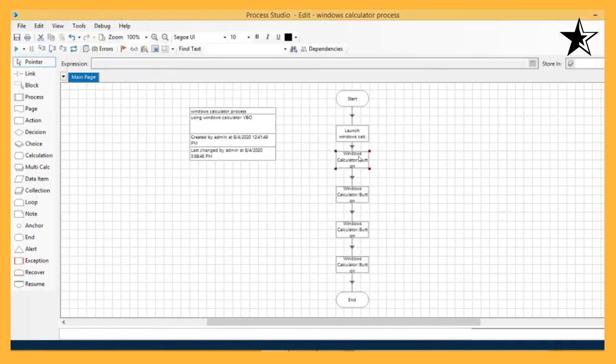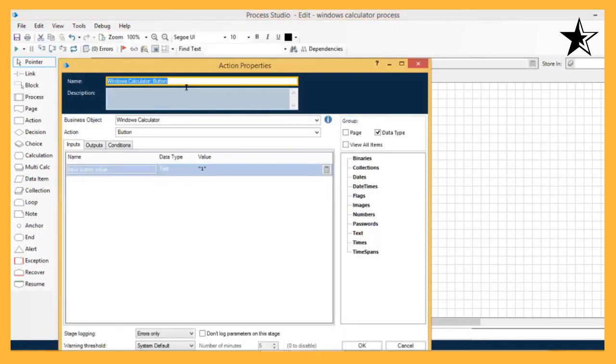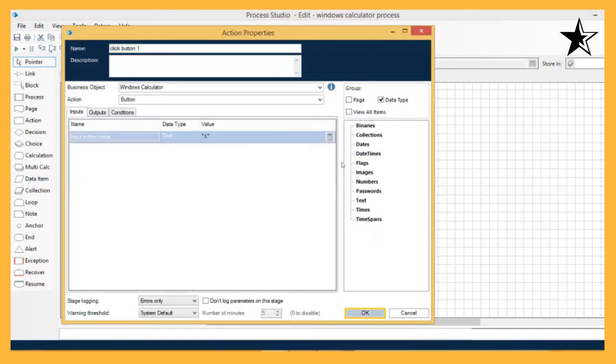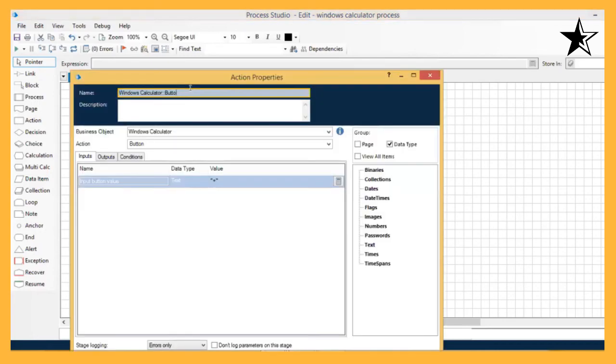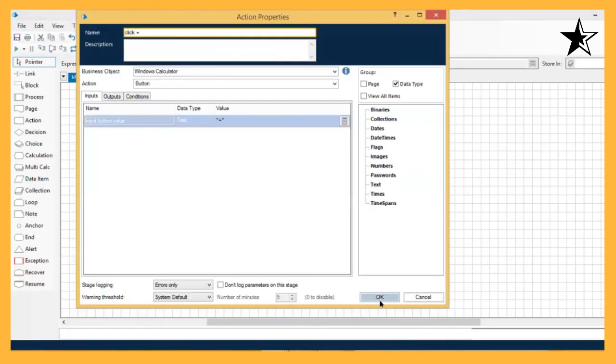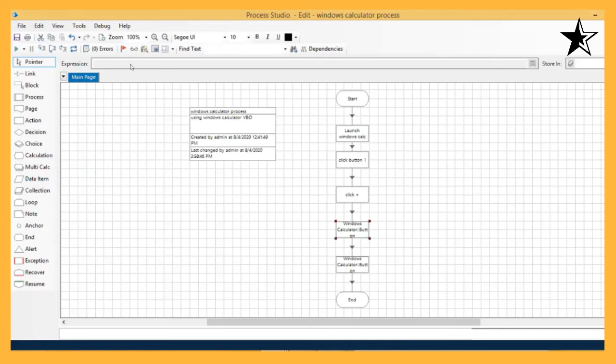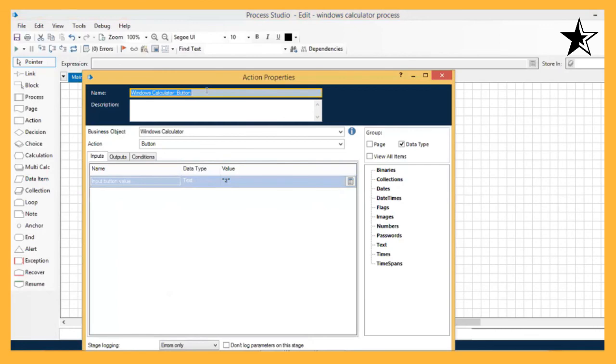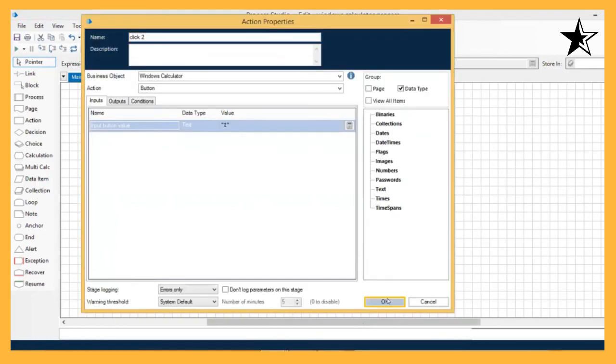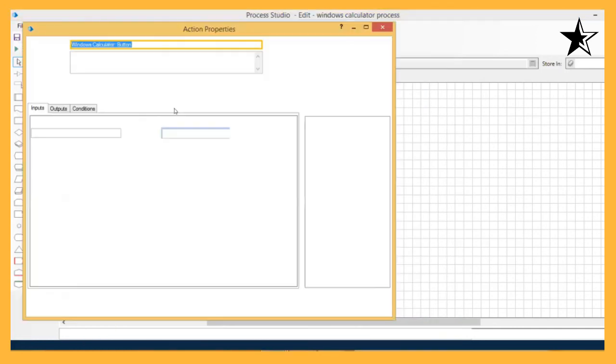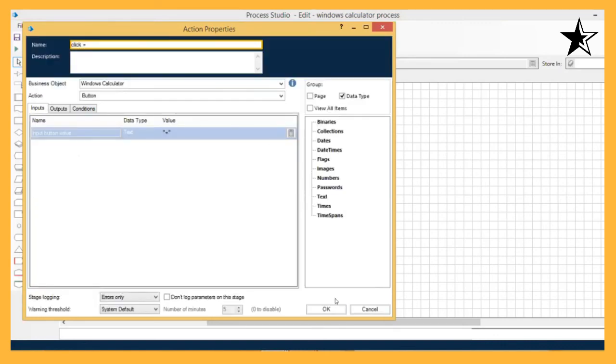Okay, so I just named these actions as click button 1, click plus, click 2, and click E. Okay.